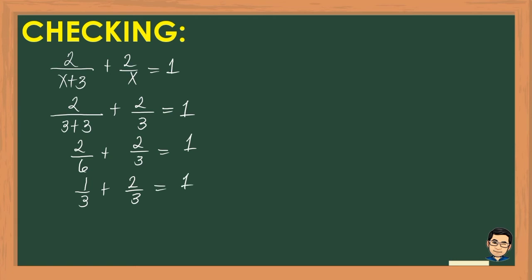So since similar fractions na sila, just simply add the numerators. So 1 plus 2, that is 3, over the denominator 3 equals 1. So 3 divided by 3, that is 1. So 1 equals 1. So for our conclusion,